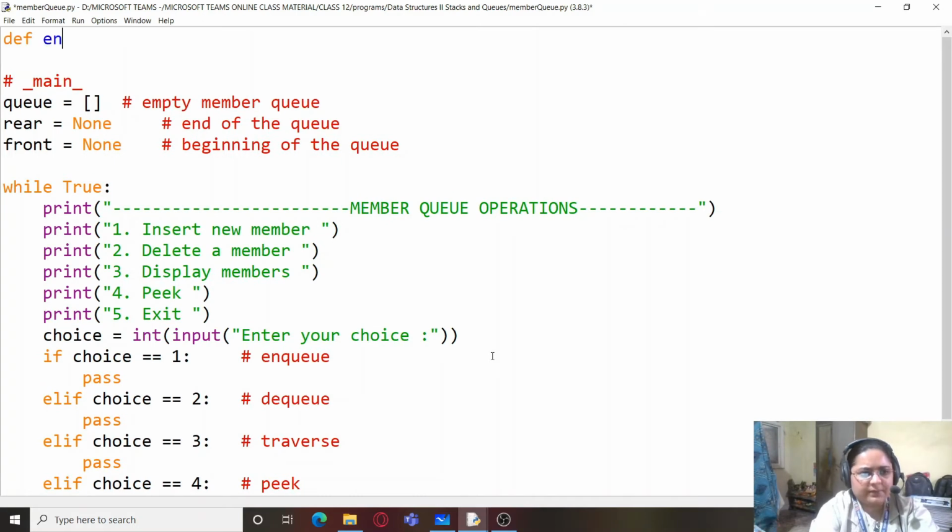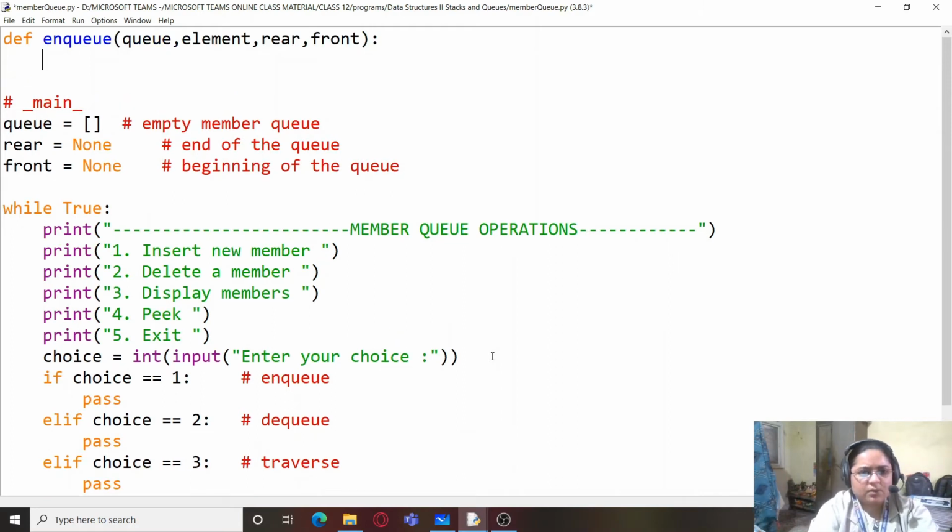So def enqueue. First we have queue, then the element which we have to insert, rear and front. So the first thing is, if the entire queue is empty.